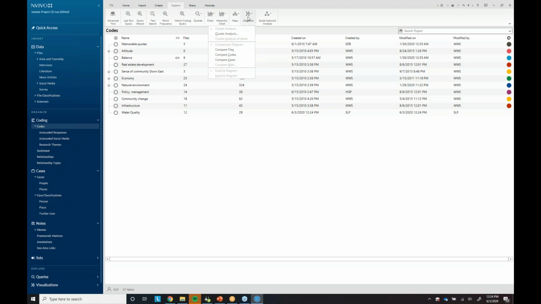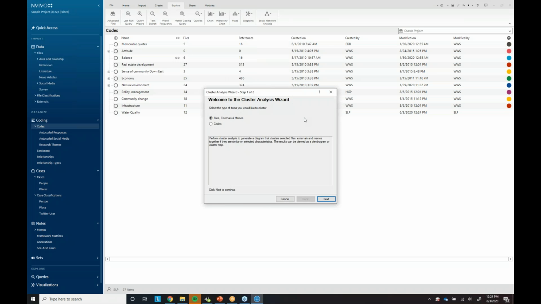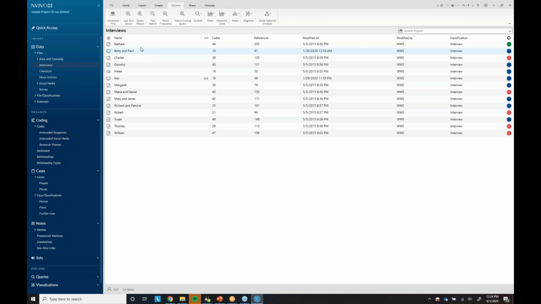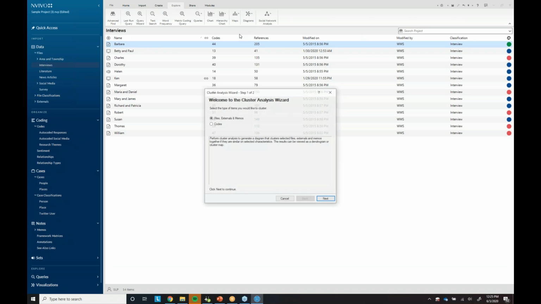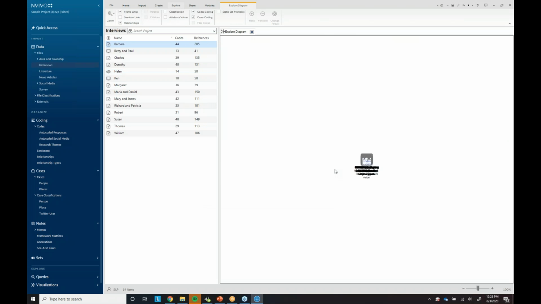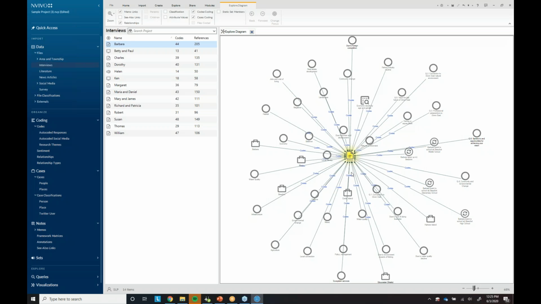So if I go to diagrams, there's a few here. One is a cluster analysis. Oh, I know what I want to do. Sorry, I want to go to an interview, for example. So I'll click on Barbara's interview and go to diagrams. And I'll do, it's actually explore diagram I want to do. Explore diagram. So this is showing me, based on Barbara's interview, all the different